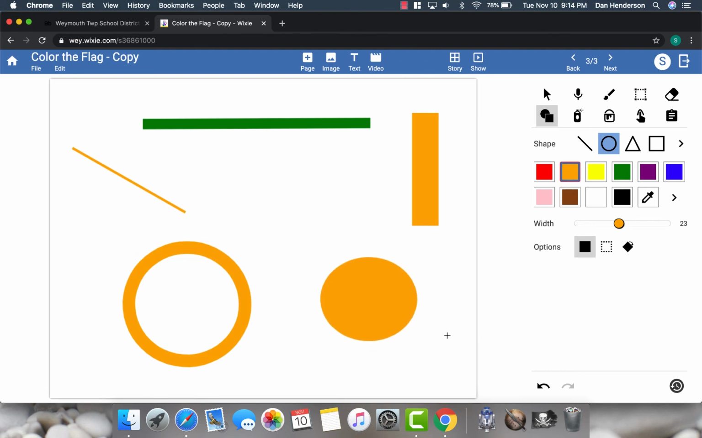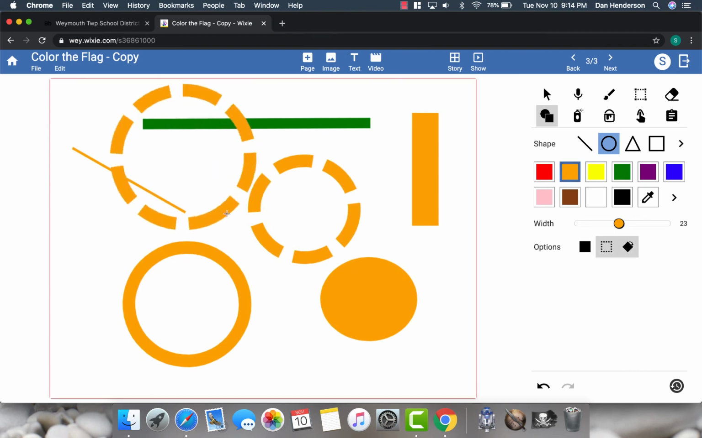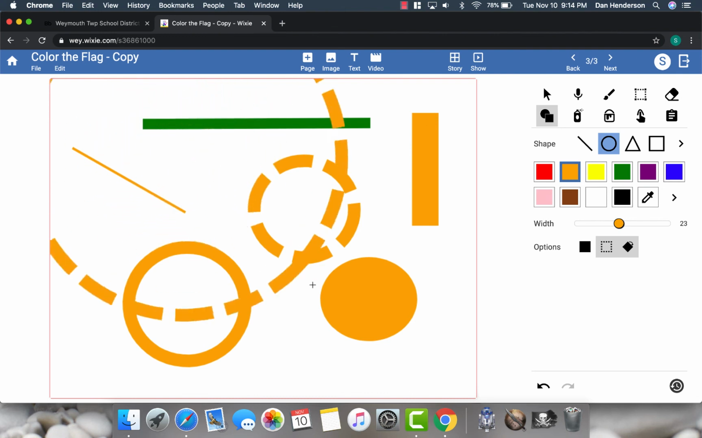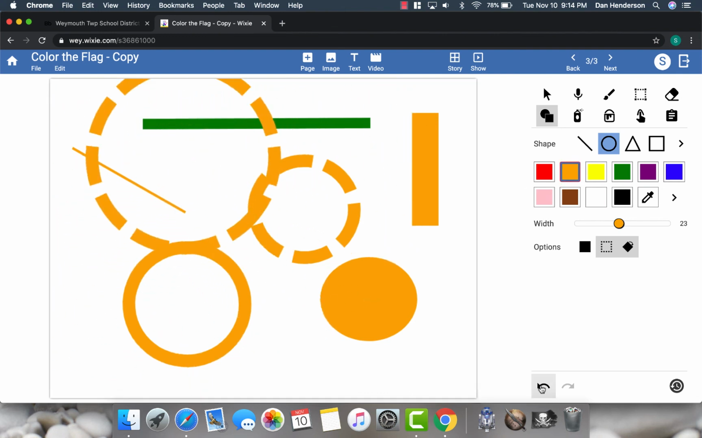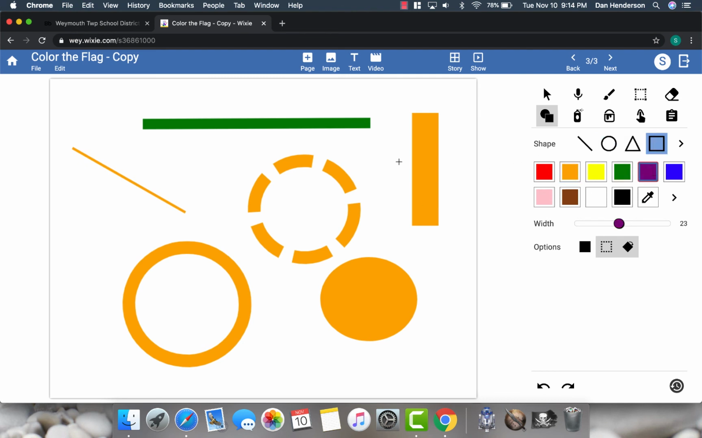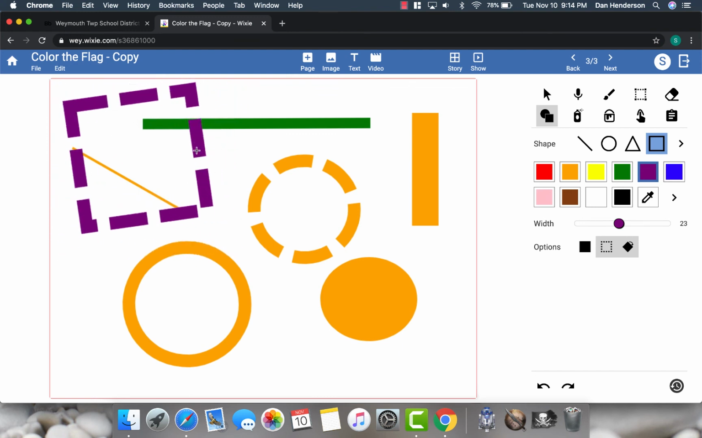it's all filled in, right? The second option right here with the dotted line, that's going to give us, instead of a solid line outline, a dotted line outline. And then last but not least, you know what, a circle was not the best example to use for that. Let's use my square and let's change it to purple